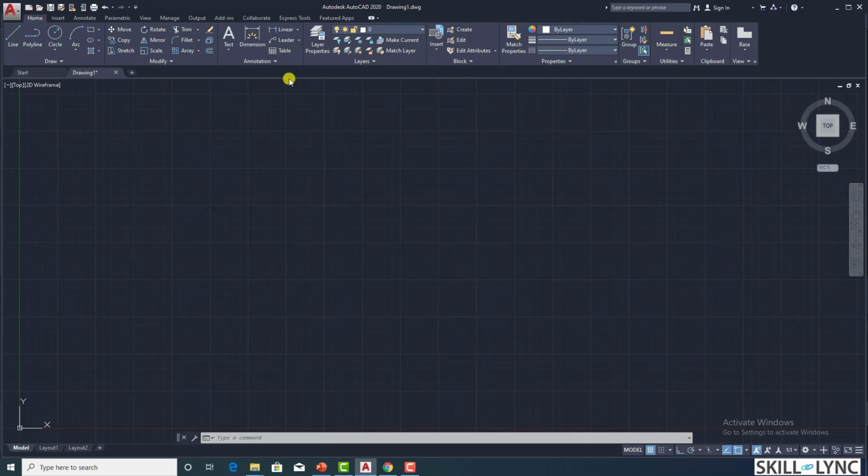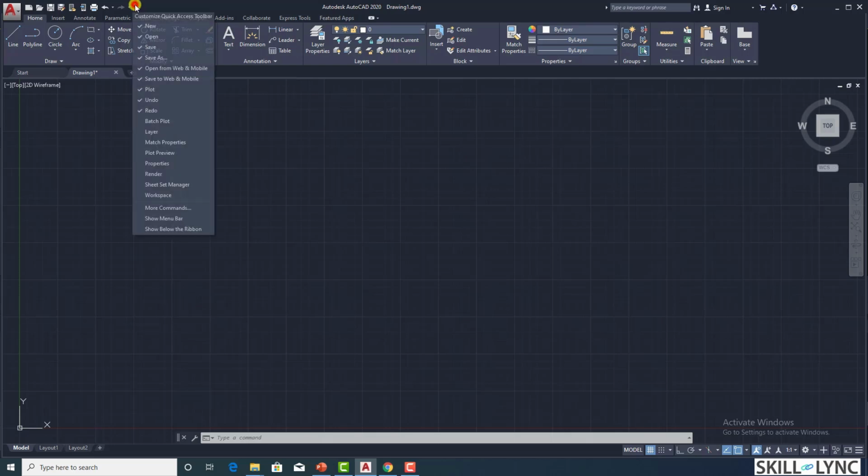But these are all pictorial, graphical interfaces that help you to work faster. But traditionally we have something called a menu bar that we frequently use. Typically in the modern versions of AutoCAD, it's automatically hidden, but still you can take those out. So if you click on this down arrow button in the top, you can see an icon called show menu bar.